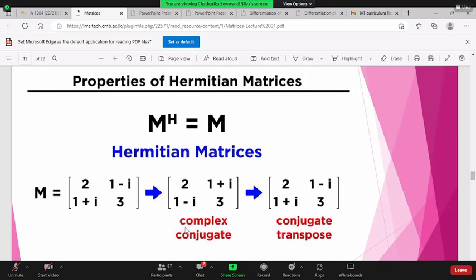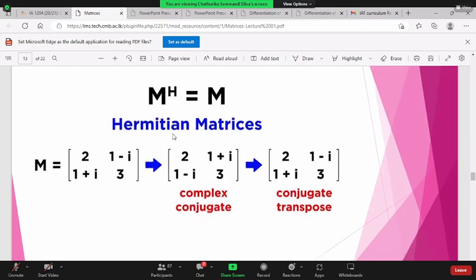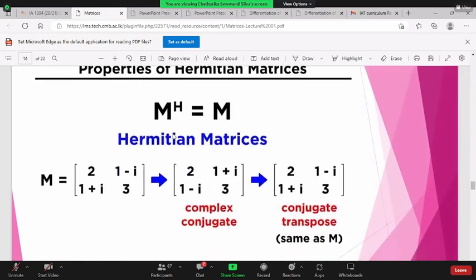So we get the complex conjugate, then we get the conjugate transpose. Here you will observe that the conjugate transpose is again equal to the original M matrix. Original matrix එකම conjugate transpose එකට සමාන වෙලා තියෙනවා. මෙන්න මේ වගේ matrices වලට අපි කියනවා Hermitian matrix එකක් කියලා. Right? So this kind of matrix can be considered as a Hermitian matrix.